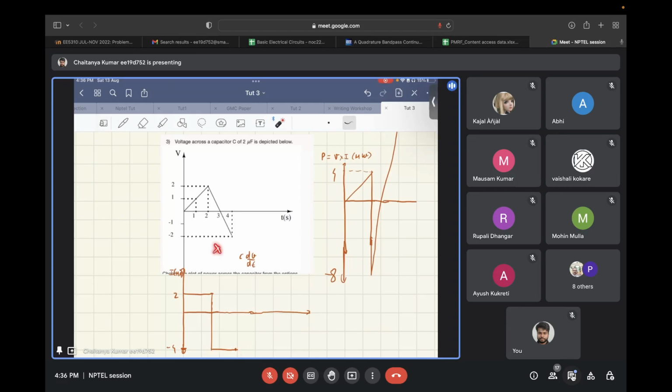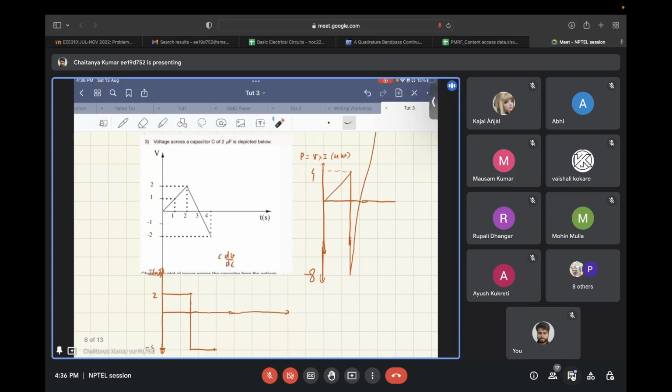Now we have to multiply these two curves. From 0 to 2 seconds, this straight line is getting multiplied by a constant of 2. Since the voltage was increasing from 0 to 2 volts, the power will increase from 0 to 4 microwatts. And then